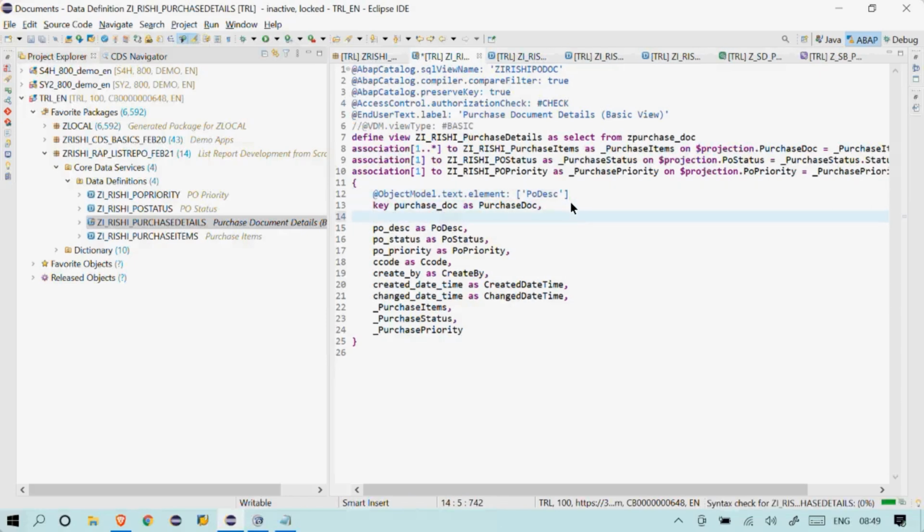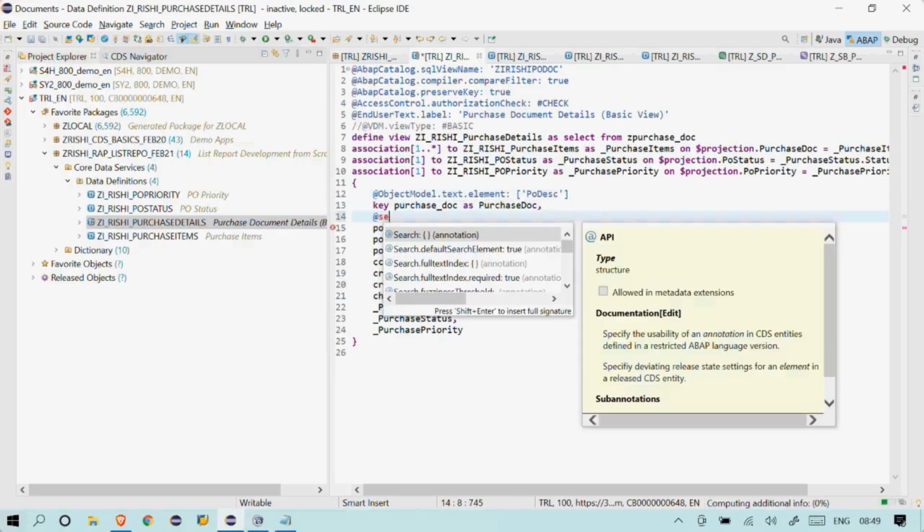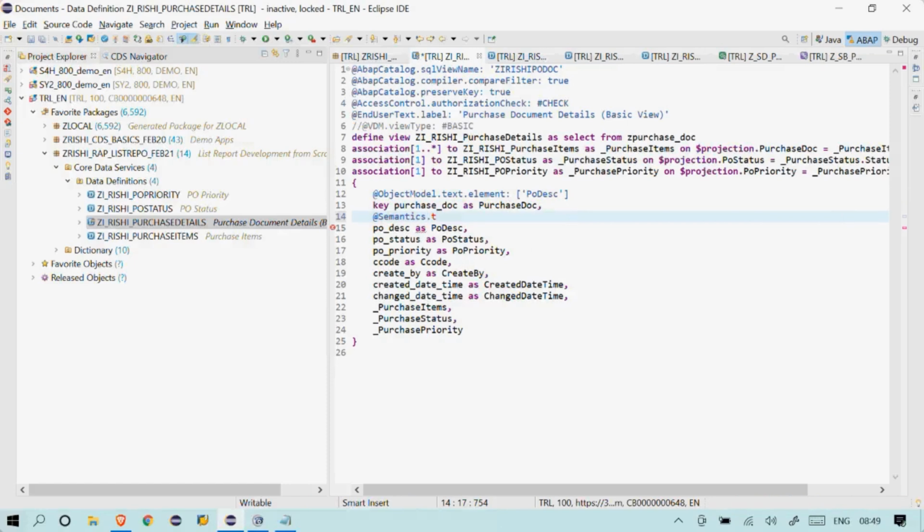But one more thing we need to do is mark this field as text, because this is a text field, so that it could be reused by this specific purchase document. I'll explain again. What object text element is doing is you are telling the purchase document to consider the description from this field, PO description.